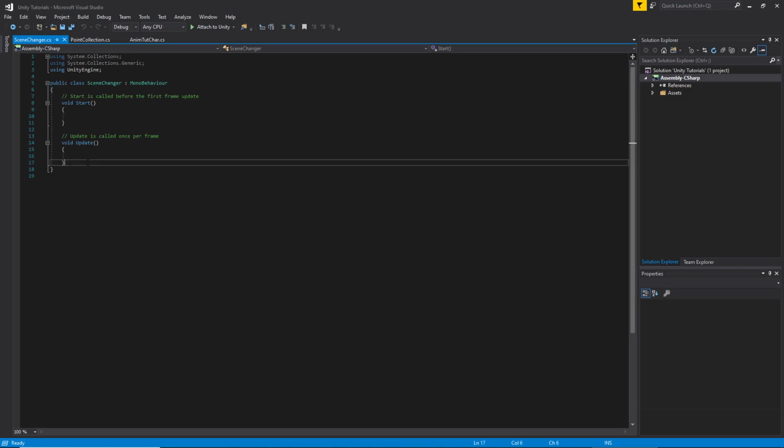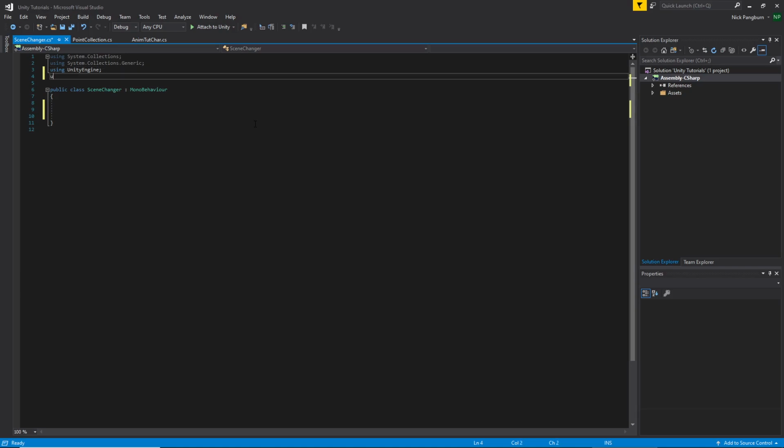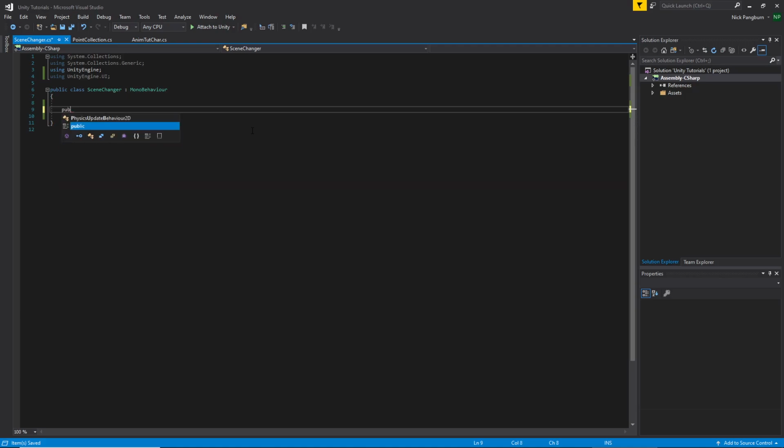Alright. Under here, you need to take those two things out. They waste your resources if you don't. I'm not sure you need it, but we're going to put it in here just in case. Using UnityEngine.UI. We shouldn't need it. There's no reason we should, but you need to create a public, don't forget the public